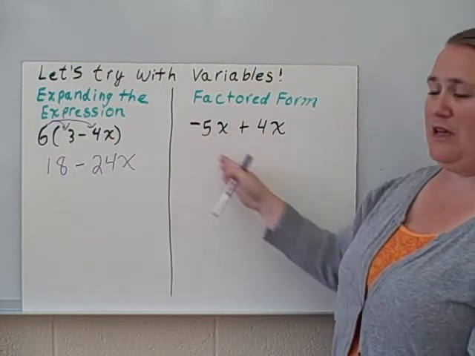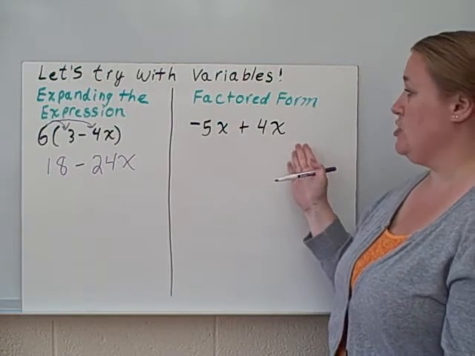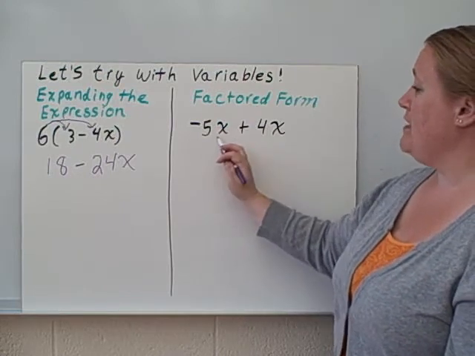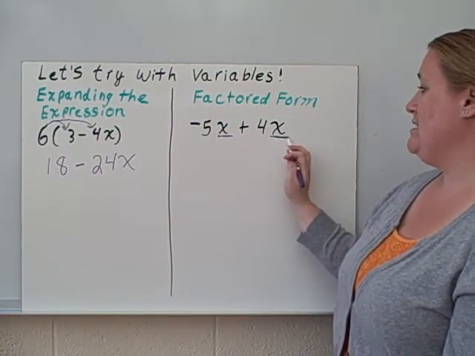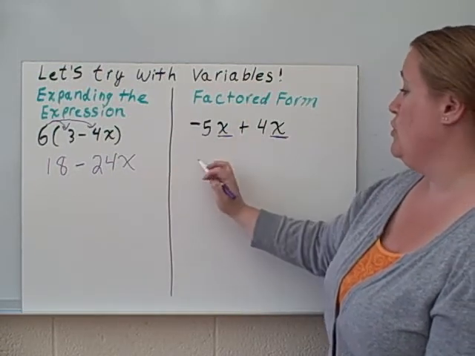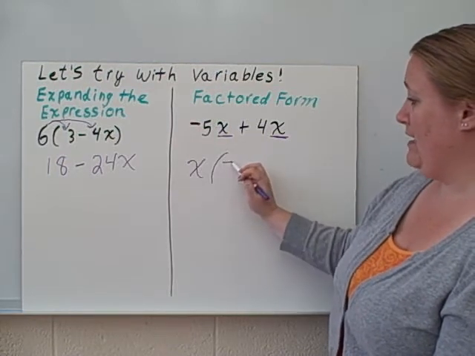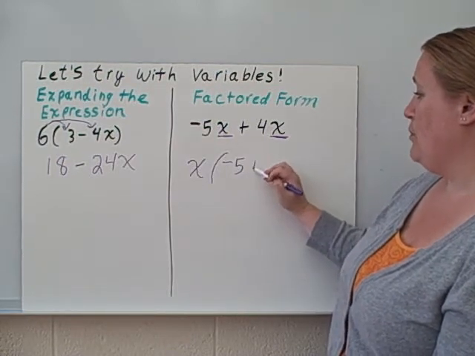When we have an expression, we can look at common factors, okay? The thing that's common here is the x. So I can pull the x out. And that leaves me with -5 plus